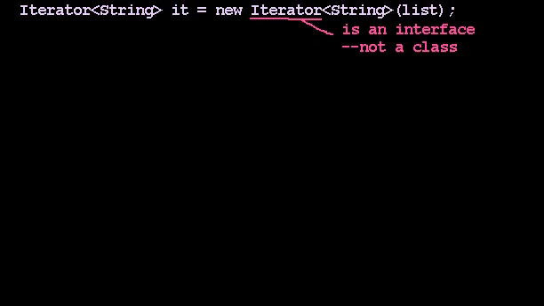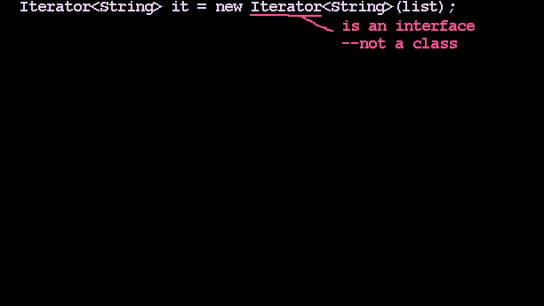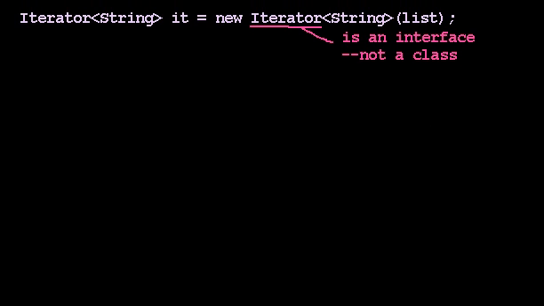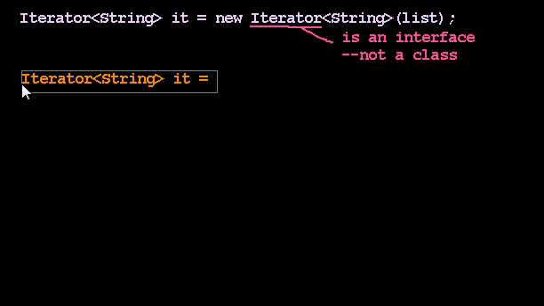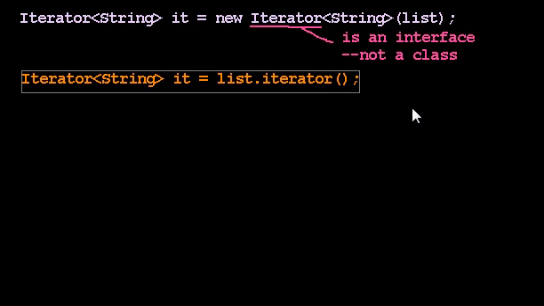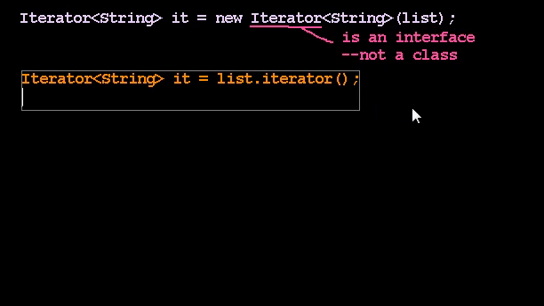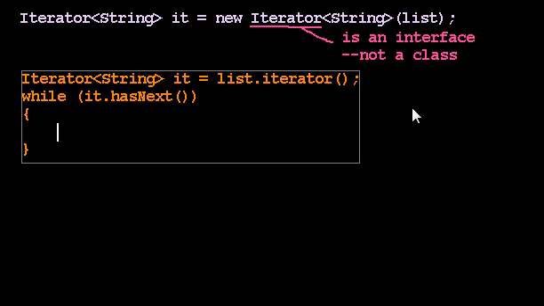Right? So let's see maybe another not so hot way of using iterators. What if we, this time we're going to start correctly, ask my list to produce an iterator, and out pops one of those monster things. Oops, where'd my cursor go? Okay, I got too excited about monsters. Alright, now what? While it has next, so I've learned my lesson, I'm using it has next, and in my loop,